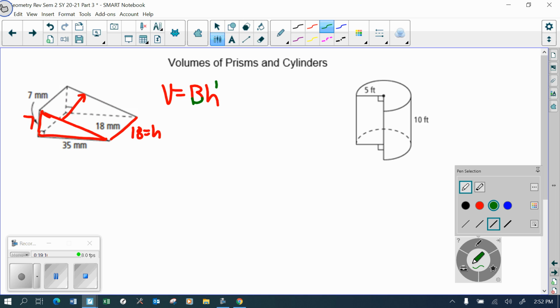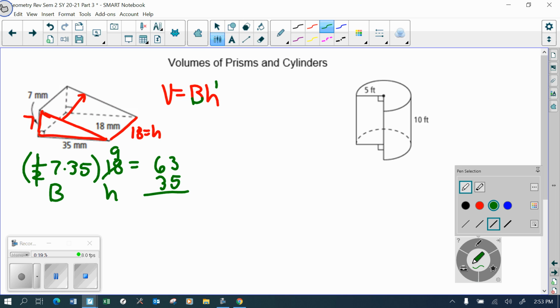Okay, so area of the base, 1/2 base times the height, 1/2 of 7 times 35. That's area of the base. So there's my capital B times the height of 18. Okay, so half of 18 is 9. I have 9 times 7 is 63 times 35, real quick, 15,